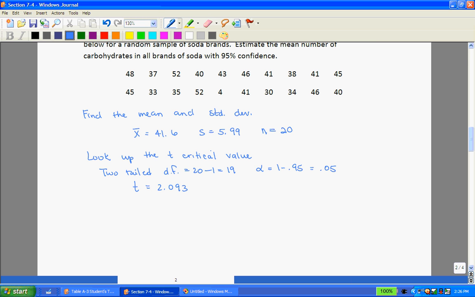Technically, I get a positive and a negative value, but because we're going to use this for the margin of error and we end up subtracting and adding anyway, I'm not going to bother to keep track of those. So that's my critical value. Now,